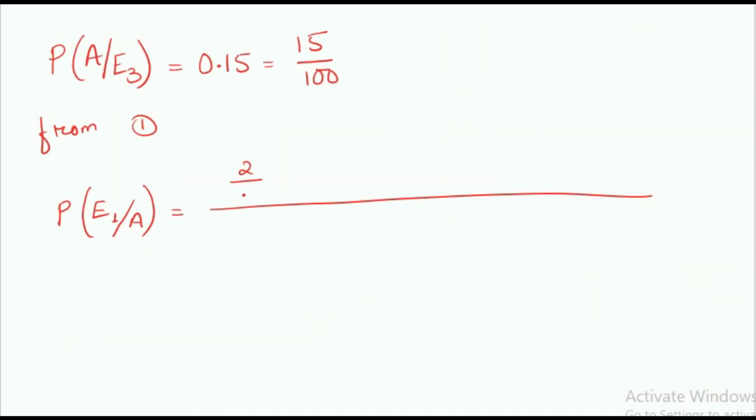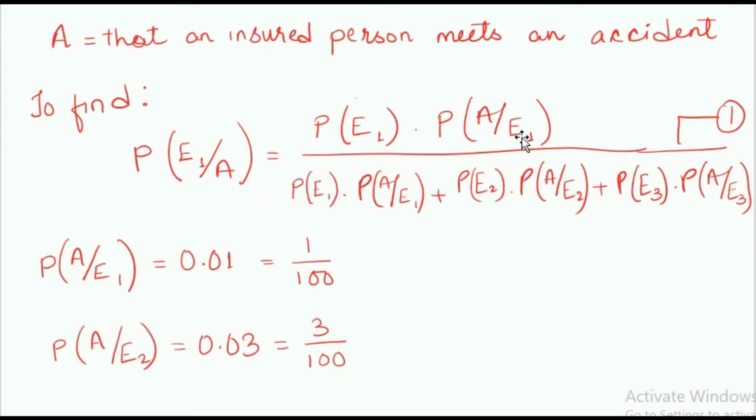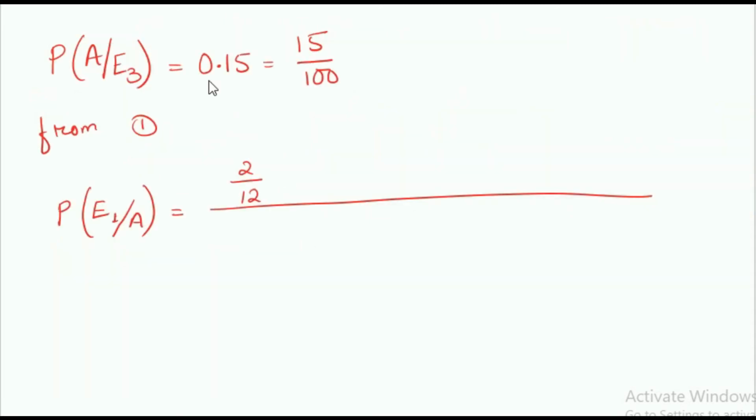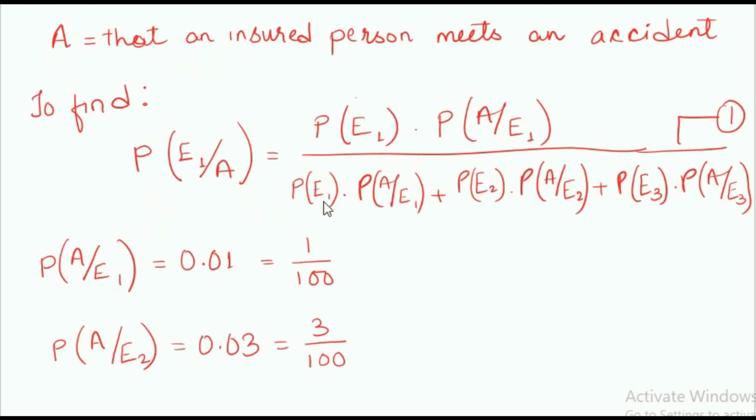Next, probability of A given E1 is 1 by 100. And then below you will write